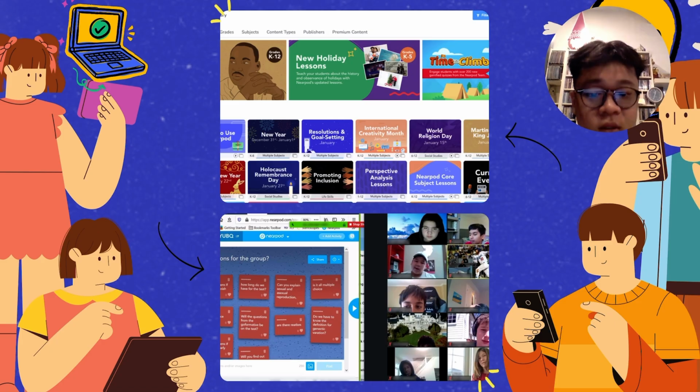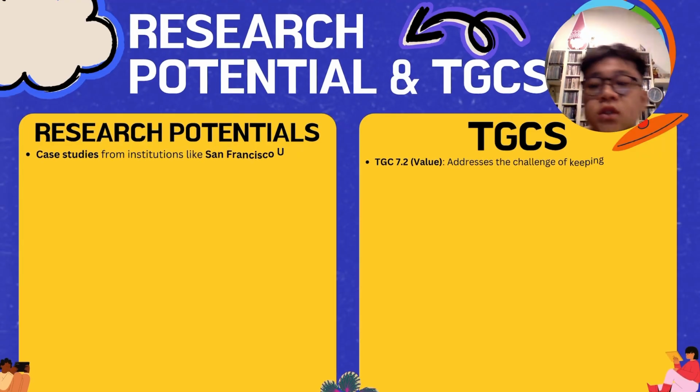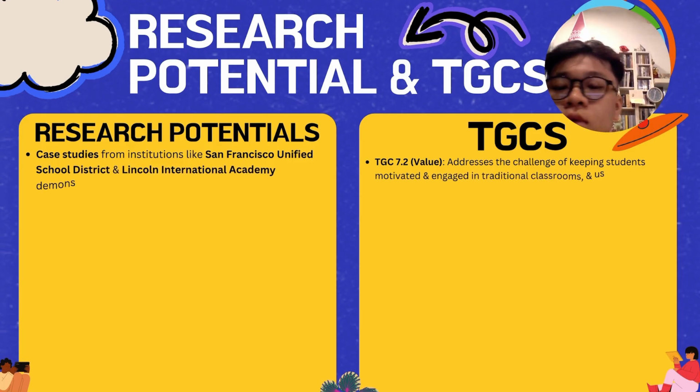And in the bottom picture here, as you can see, it's a discussion board between students, and they're also using the live meeting feature on the app where students are in a meeting where they can discuss and put up their work. There are also a lot of research done on this app, such as the Institution of San Francisco